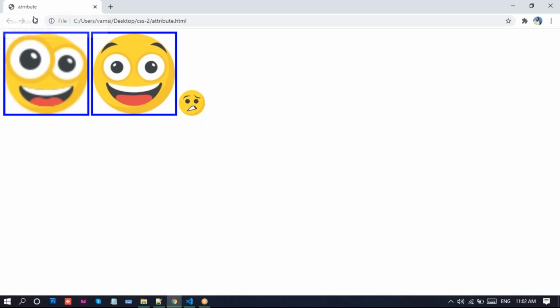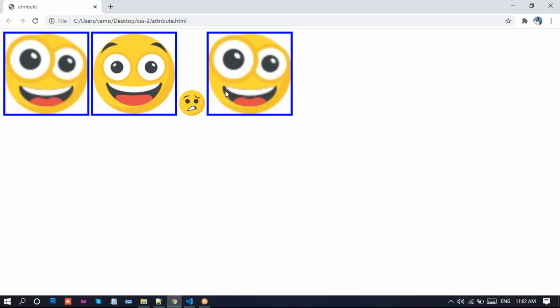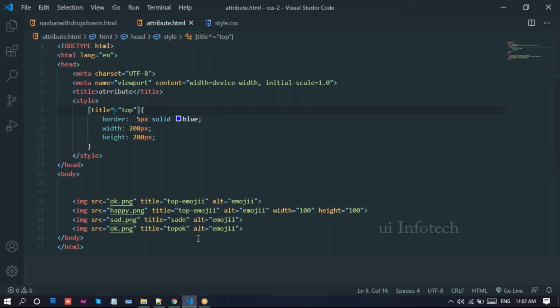Next, the title for this okay, I'll just write top okay. Here I'll use this cap symbol. What will happen? With the cap, I'll write top there. Now let me run this one on the browser.